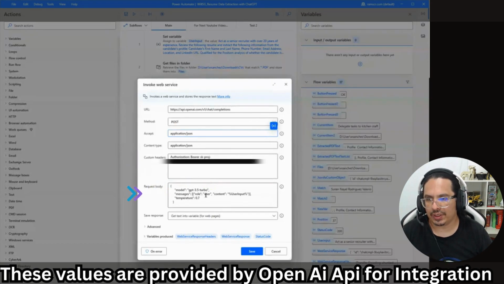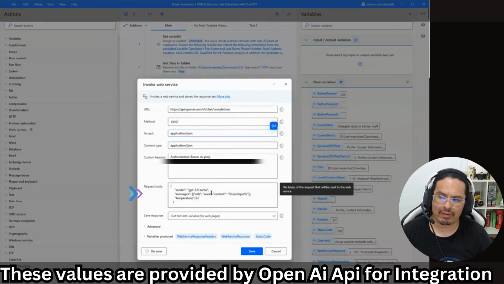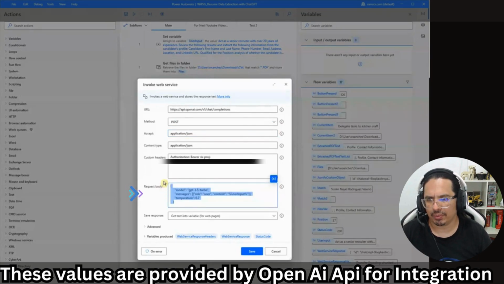Then the body is pretty simple right now. We are using the model GPT-3.5 Turbo. The role, user, content, all this information is provided, and the input that we are seeing here,